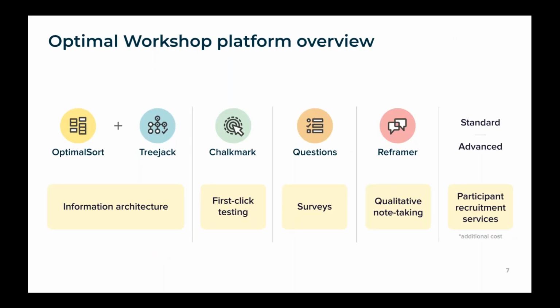Cool. So while I'm going to talk mostly about card sorting and Optimal Sort today, that's one of 5 tools that we offer. Just as a quick heads up, we do offer some other products. Some of them are still about information architecture. Treejack is a validation tool to make sure that with the site structure you've got, people can find the content that you need them to be able to. Chalkmark is a first-click testing tool, which makes it easy for you to get really rapid feedback on the early designs or layouts that you're considering. It's not meant to replace or rival usability testing at all. Nothing will ever do that, but this is early on in the process to make sure you're moving in the right direction and get feedback about what's going on.